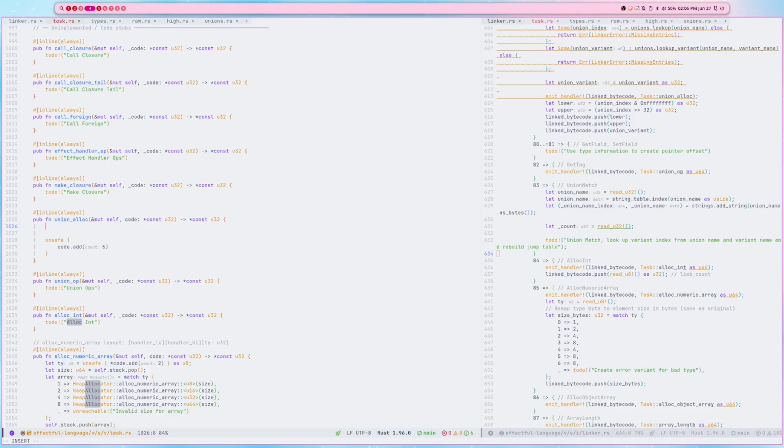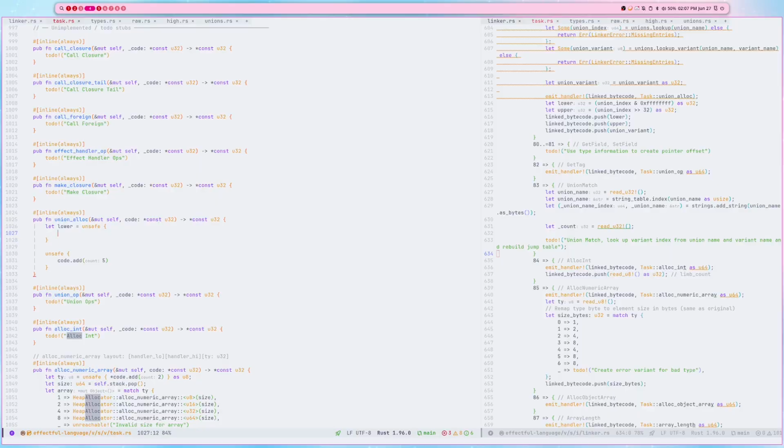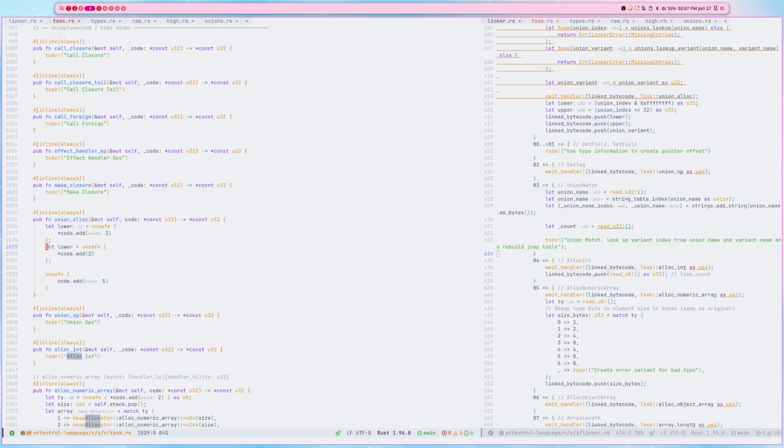Okay. So what we need to do is let lower code dot add to skip over the function. That'll be add 3 to get the upper,